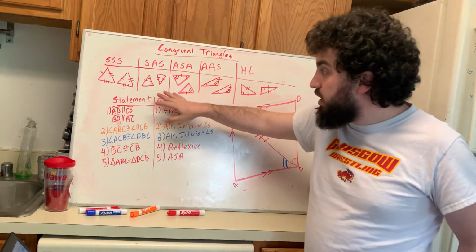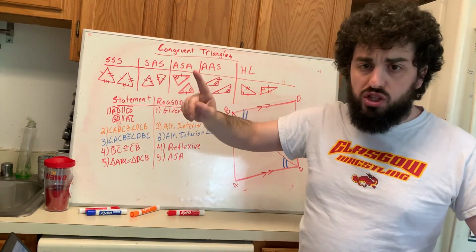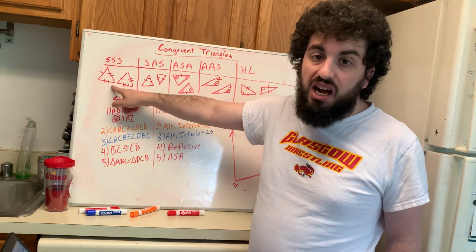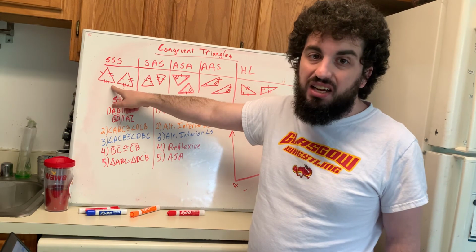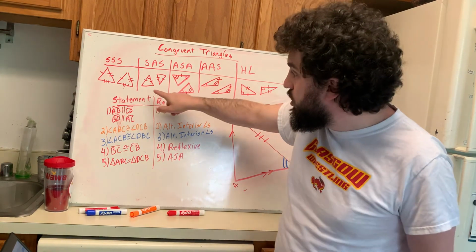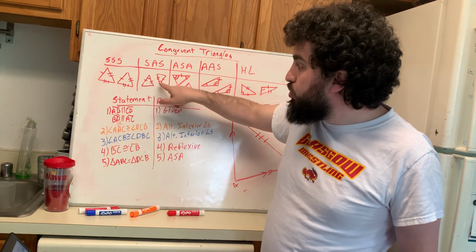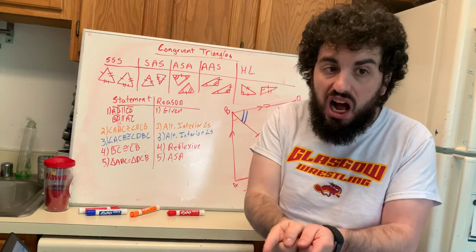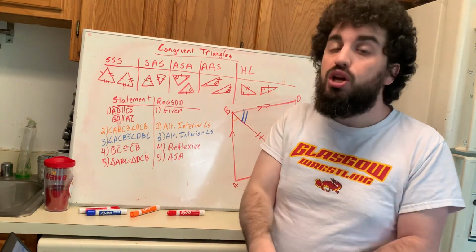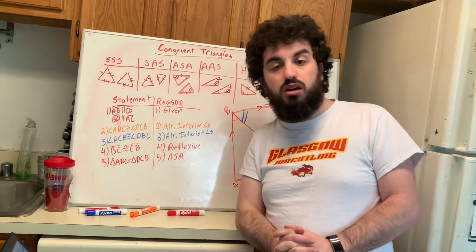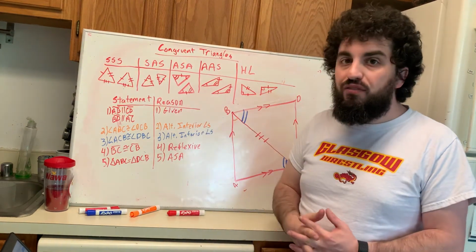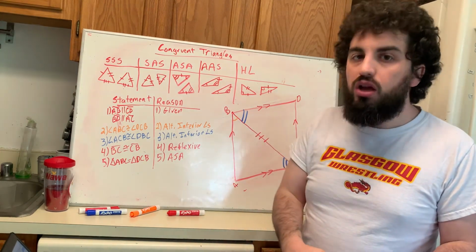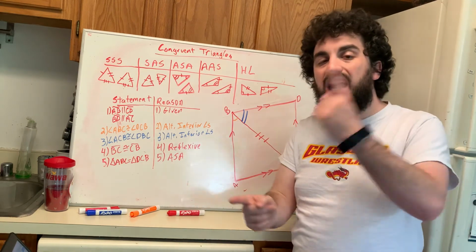So we got this quick summarization. This is what you're going to need for most of this week. All three sides are the same in both triangles. That's side, side, side congruence. If you have two sides that are the same and the angle that is between those sides is the same, then you have side angle side congruence. If you have two angles that are the same and the side in between them, that is angle side angle